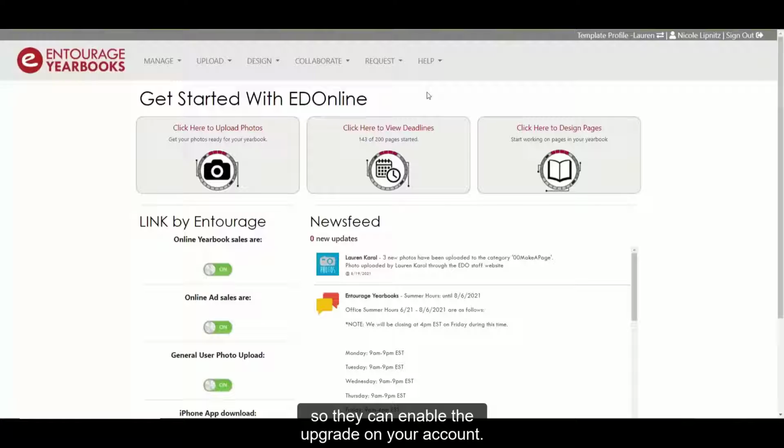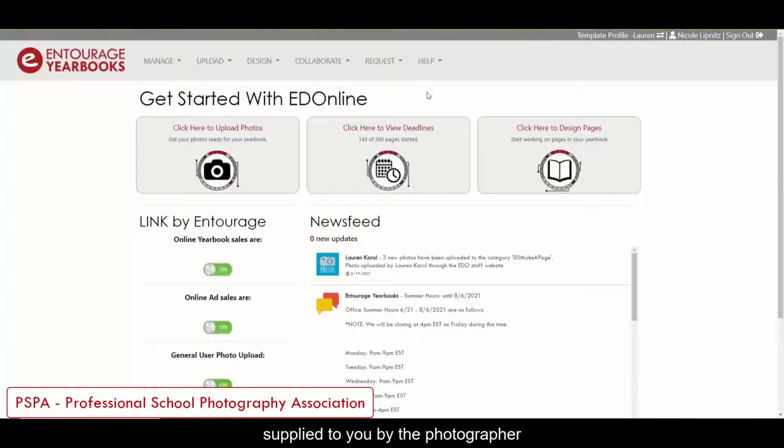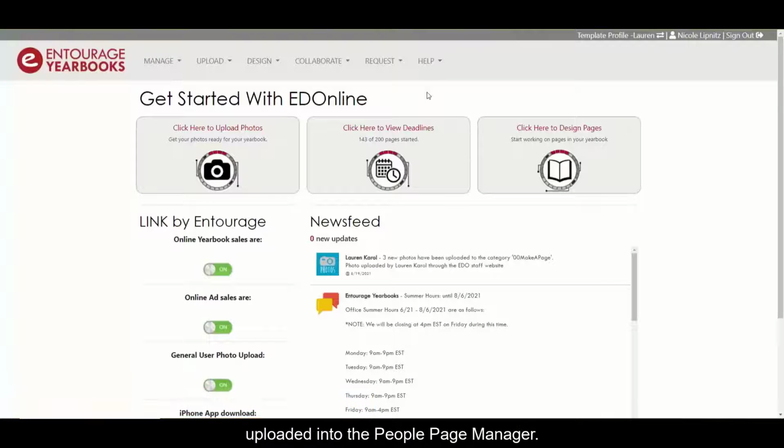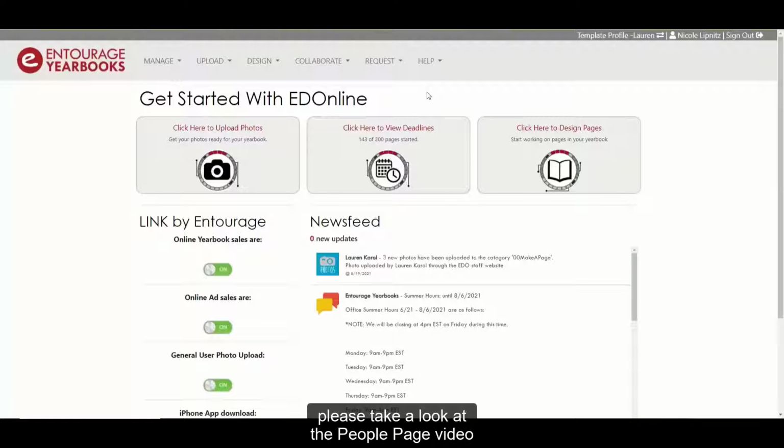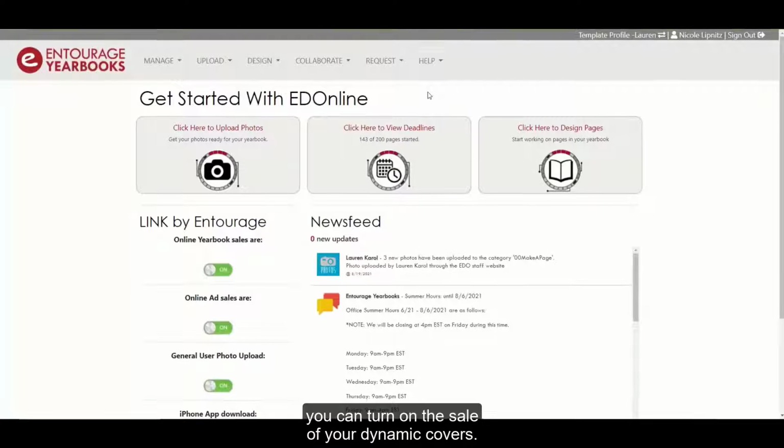upgrade on your account. Once enabled, you'll want to make sure that you have the PSP information supplied to you by the photographer and the professional student portraits uploaded into the People Page Manager. If you're unsure how to do that, please take a look at the People Page video we have in our account. Once you're sure all of the student information and professional portraits are uploaded, you can turn on the sale